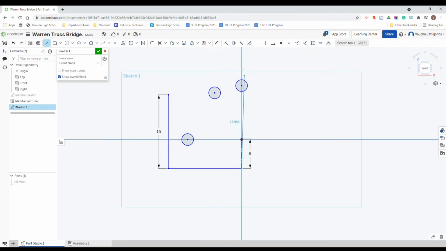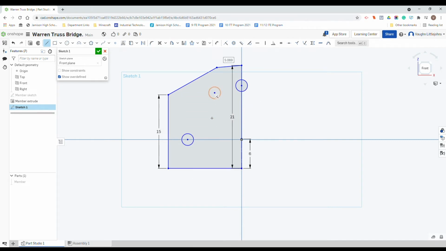So from here straight up, I'm going to put in 21, and then I'm going to come across 5, so I've gone up 21, up 15 on the other side, and now we can just draw a line. Doesn't matter about accuracy at this point, we're just drawing across